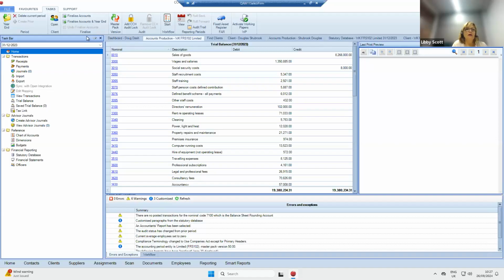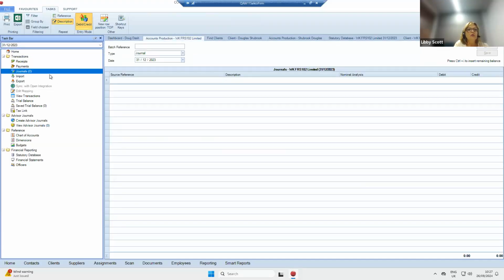A very easy one is just about prior year adjustment journals. So Vicky's asked, can we go through those? With the prior year adjustment journal, we have the functionality within journals, and the journal type is restatement. You can see there you've got journal, opening balance, restatement and reversing. As Doug said, we don't normally use this screen. If we're importing a TB, we then go to advisor journals. But if we were building a TB, we might use this. But also if we are